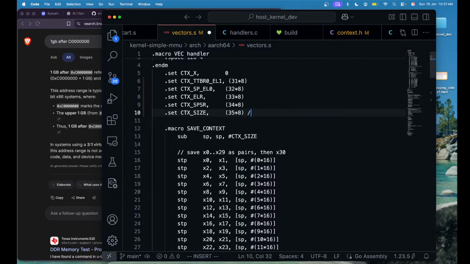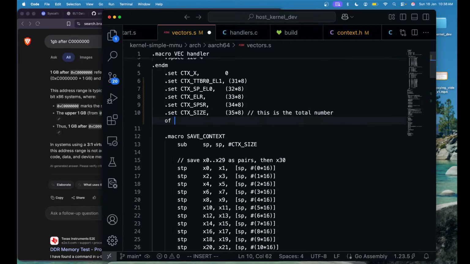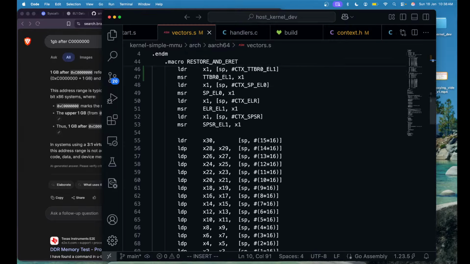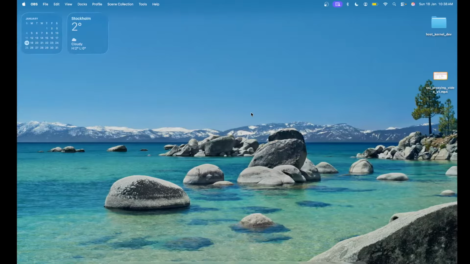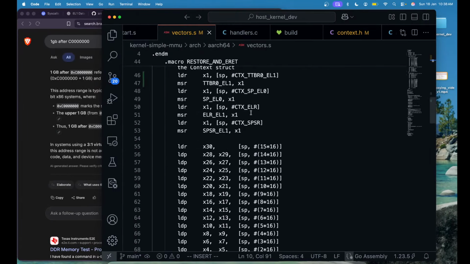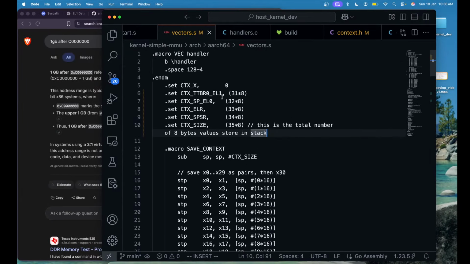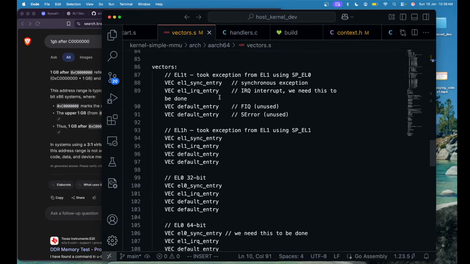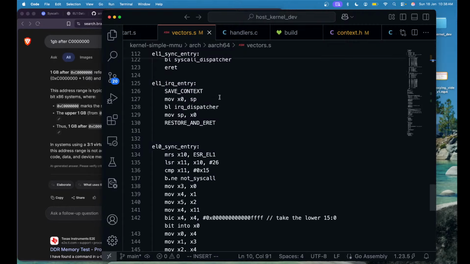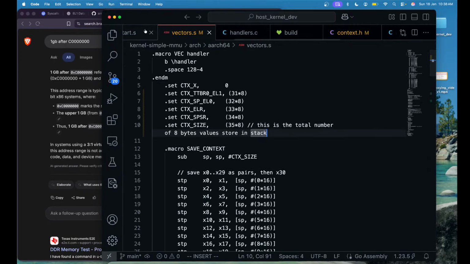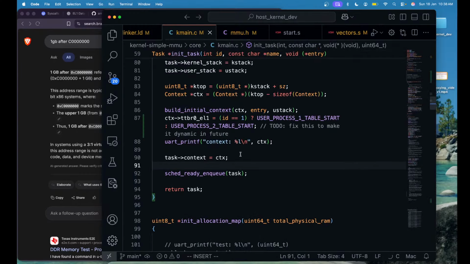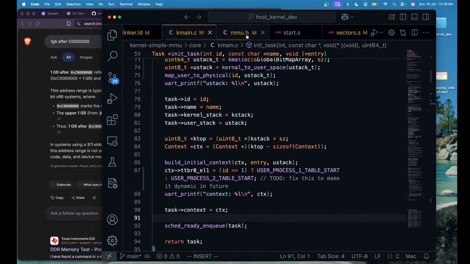This is the total number of 8 byte values stored in stack. Okay. What else? I think now we are ready to roll, because what else do I have to fix? I have to fix it in this vector table, and I have to fix it here, and then